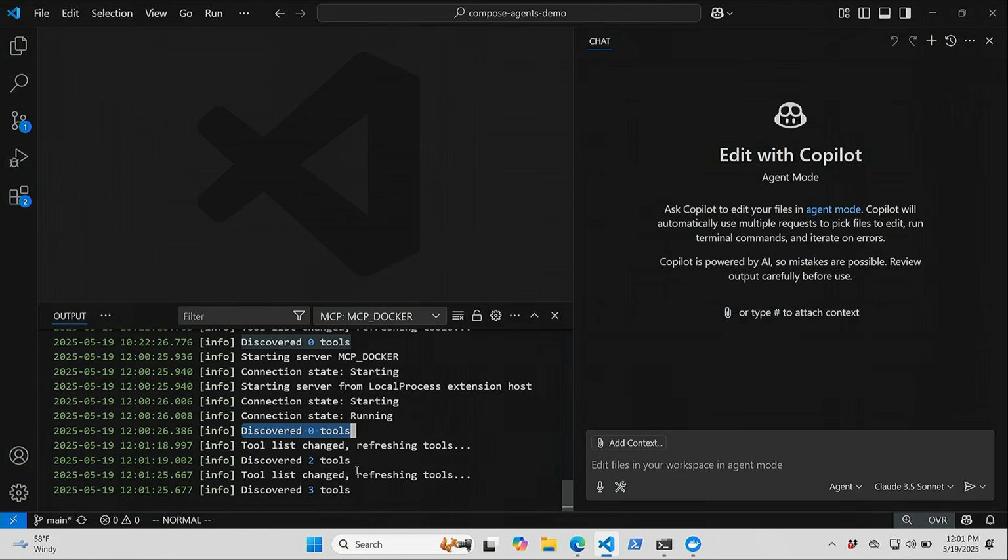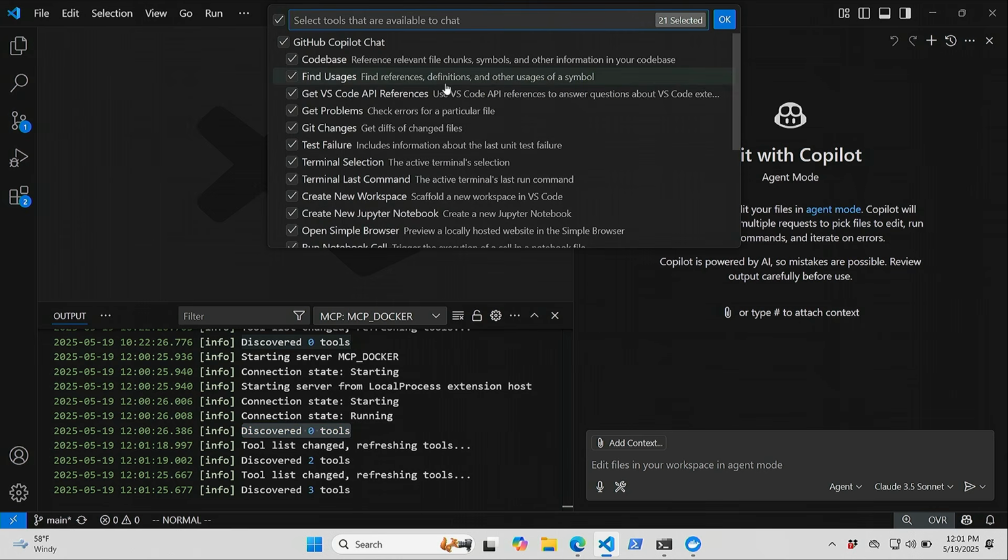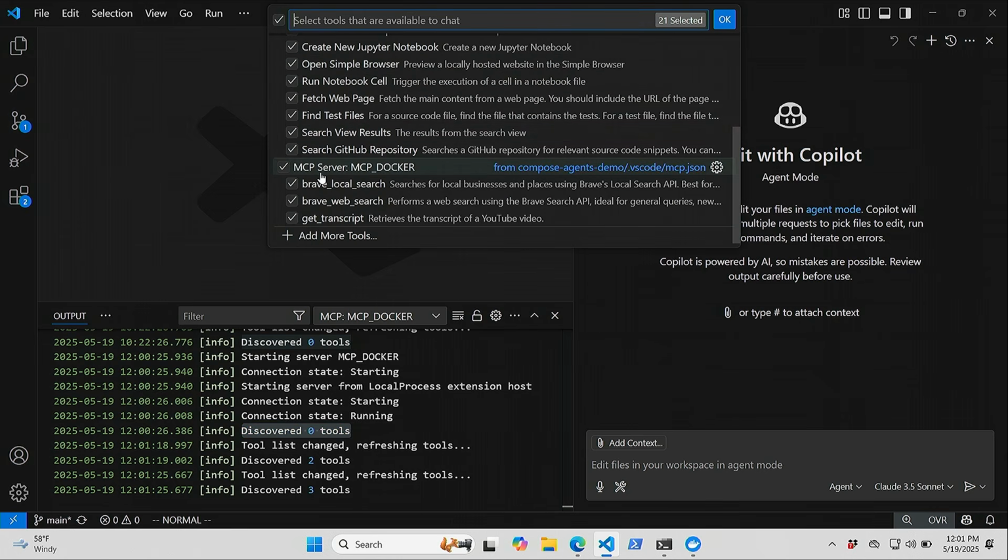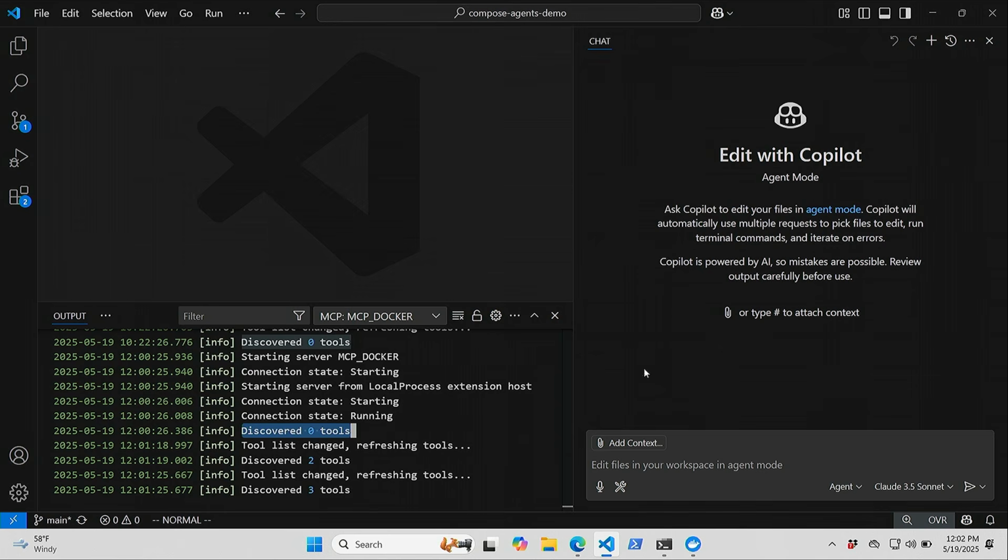If I go back to VS Code here, I'll see, okay, VS Code sees that I enabled some MCP servers. It now has seen that the list of tools has changed. If I look at this icon and go to the bottom, I can see, yeah, there's an MCP server here. And I'm actually going to take away the local search because I just wanted to use Brave Search or the YouTube Get Transcript tool. So it's just a single connection, but we're looking at saying, what are the MCP servers that you want any of the agents connected to that server to be allowed to use? So let's say OK here.